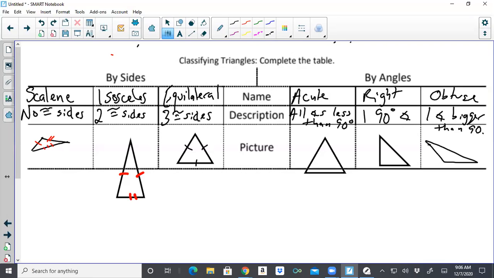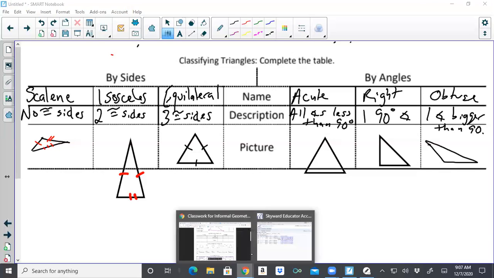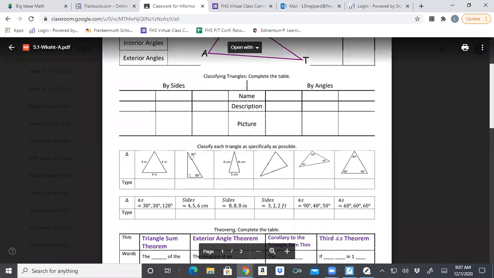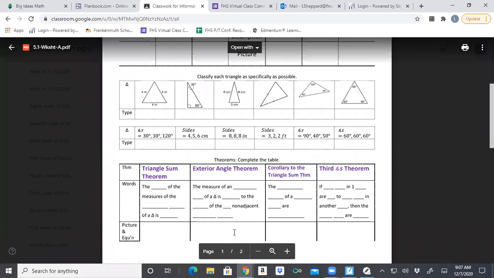What's the difference between obtuse and right? A right triangle has this 90-degree angle here, and an obtuse triangle has this angle right here, which is bigger than 90 degrees. Okay. All right, so let's go through a couple classifications together, and then I'm going to go through these theorems right here,